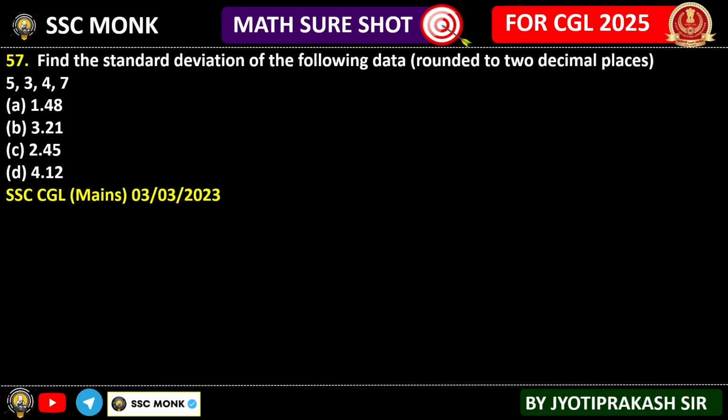Next, find the standard deviation of the following data. In standard deviation, you first need to understand what the value of standard deviation is. First, we need to find the mean. Mean is equal to 5 plus 3, 8 plus 4, 12 plus 7, 19 by 4. That is 4.75. 4.5 was the mean. Now I need to find the standard deviation, that is equal to 5 minus 4.5 whole